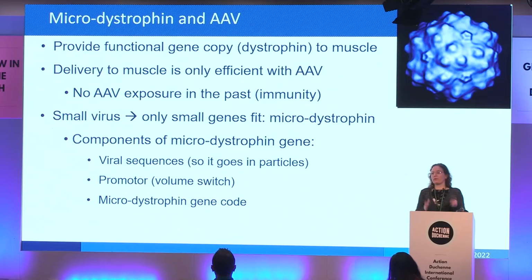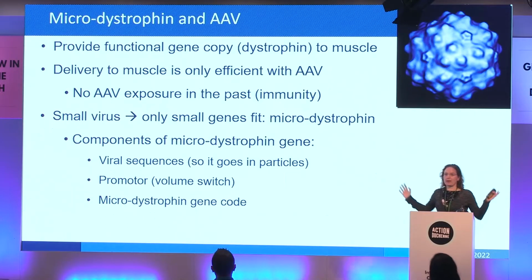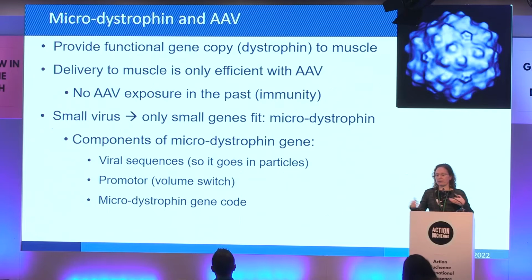Also, this virus is very small. This is why it can go to muscle, but because it's small, the dystrophin gene, which happens to be the largest gene that we have, doesn't fit. So we need to tinker with it. We need to make it fit, and people have done that. They've created microdystrophins. So we now have a microdystrophin gene to put into the virus that has only the crucial